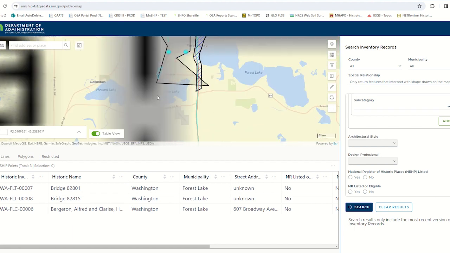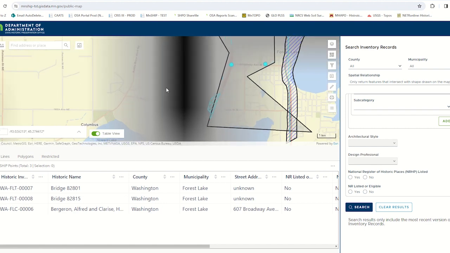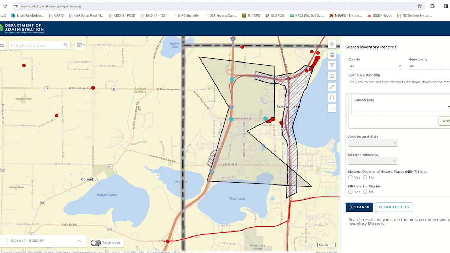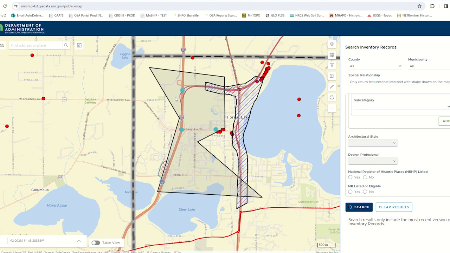I'll zoom in here. So it selected everything that fit within this oddly shaped shape that I put in. It selected these points, and also these lines that come through. Okay, additionally, you can do that with the uploaded shapefile. I'll clear the